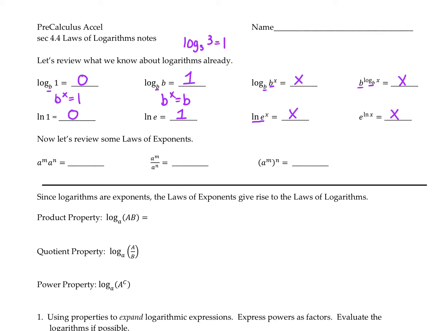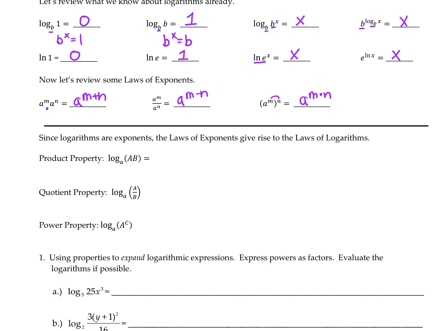Our exponent rules, remember when we're multiplying, what we're going to do is add our exponents. When we're dividing, we're going to end up subtracting our exponents. And when we have a power to a power, we're going to end up multiplying our exponents. So these same properties are going to actually apply to our log rules. So here I have log base a of a times b. So how we would expand this is I would have log base a of a plus log base a of b. So multiplication means I add those logs together,